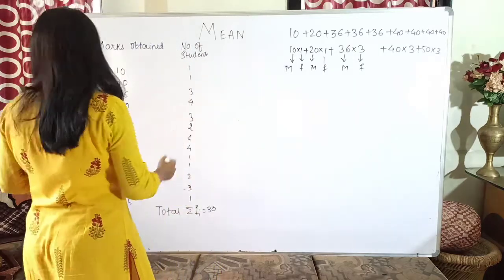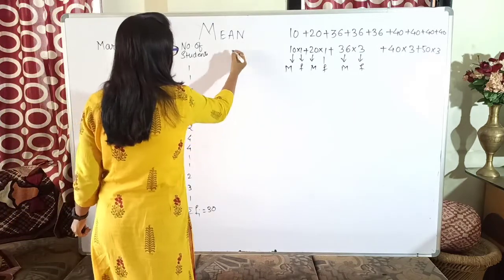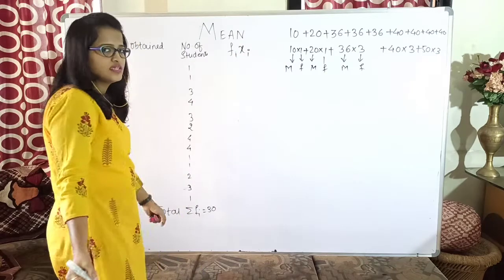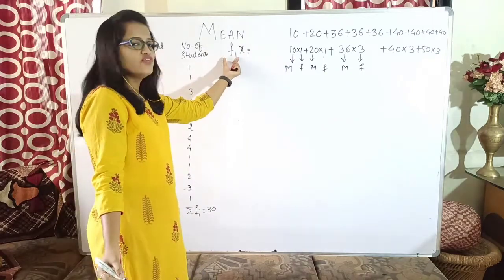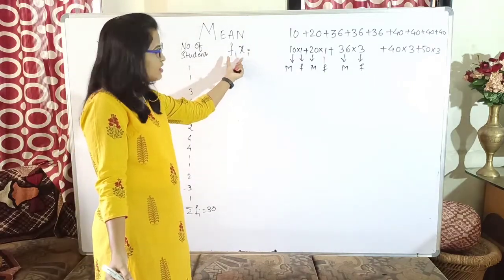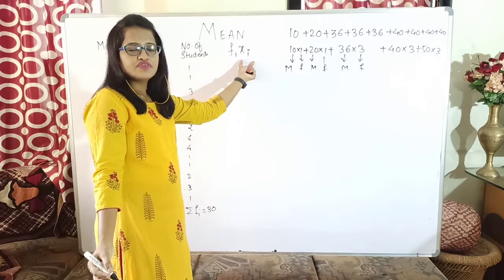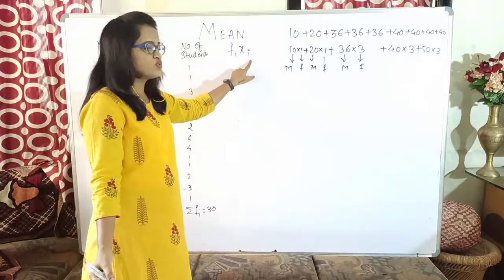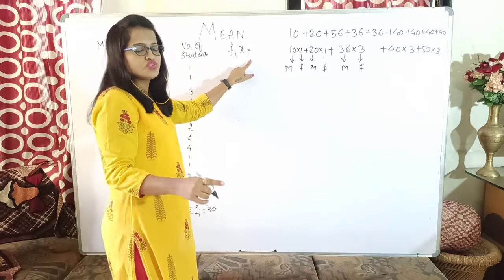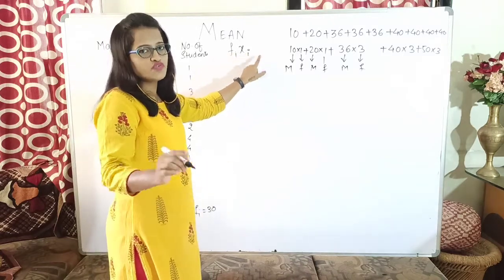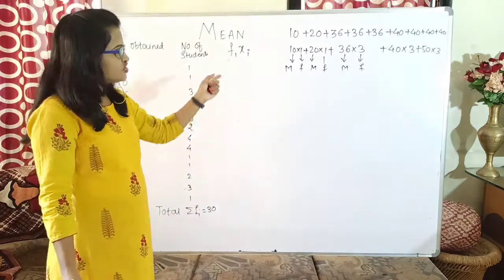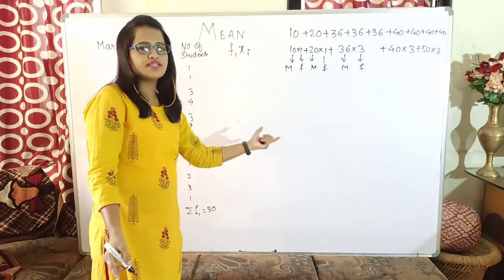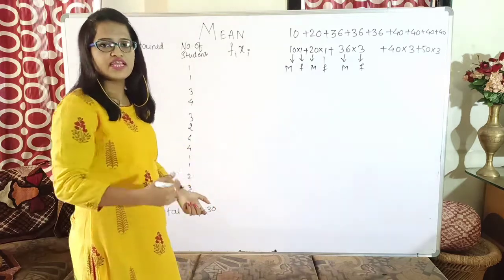So why don't we make an extra column here and write the name of the column as fixi, where fi means the frequency of the ith row and xi is the observation of the ith row. Ith row means this 1, 2 and so on. So if I take f1 x1, it will be the frequency of the first row multiplied by the observation of the first row. Okay, so instead of multiplying there and then adding them, let us first multiply here itself. So we will get one extra column.